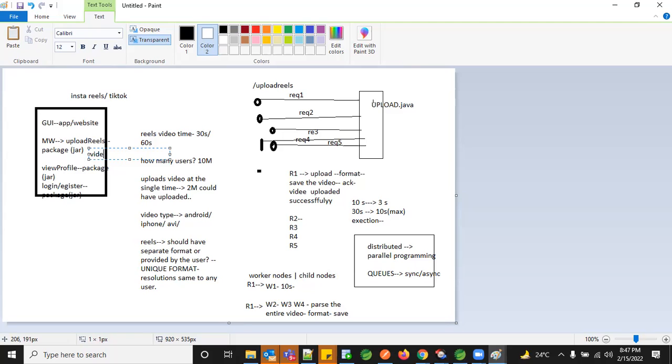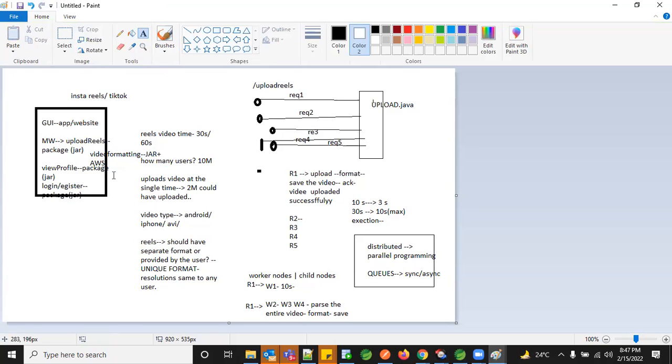video formatters, video formatting. So let's say video formatting, and this would be a separate jar where it has its own libraries, and it is running in a distributed platform. Maybe it is in a different platform. Maybe it is working in the AWS. I'm not sure where it is. Okay, this is a separate place. So all these together, right now I'm saying it as jar. It might be in a different format. Okay, so this video formatting is in AWS.